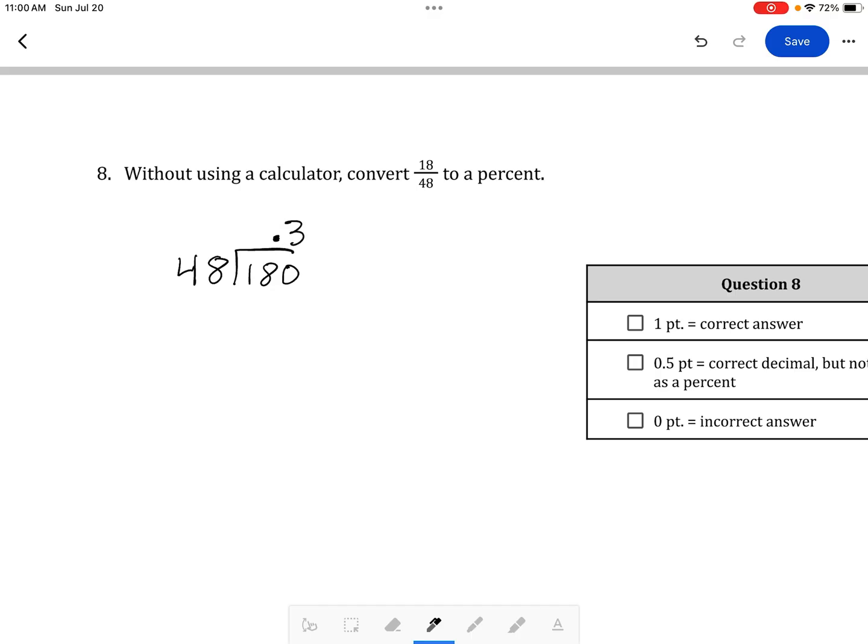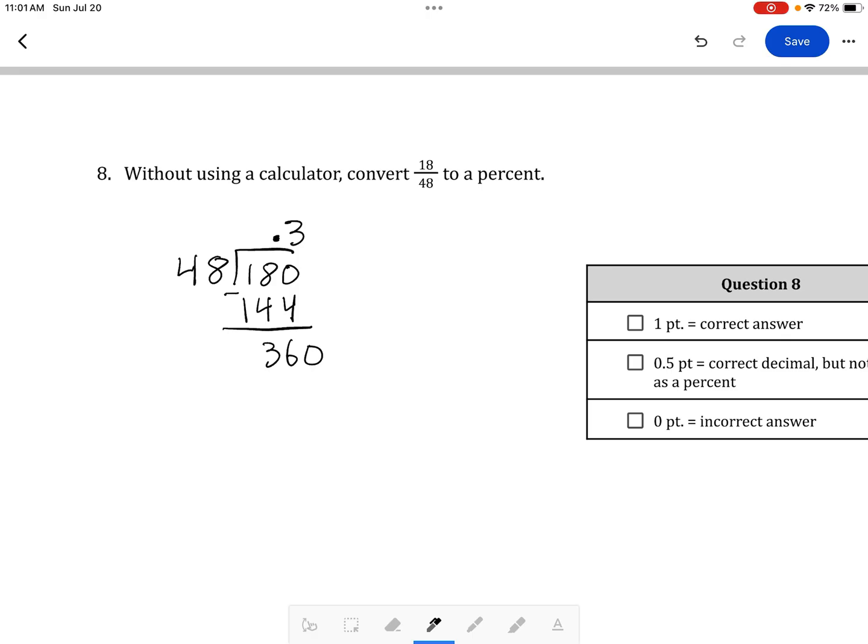And I know that 3 times 48 is 144. So then I'm going to subtract. 180 minus 144 is 36. 48 can't go into 36, so I'm going to add another 0. I know that 48 can go into 360